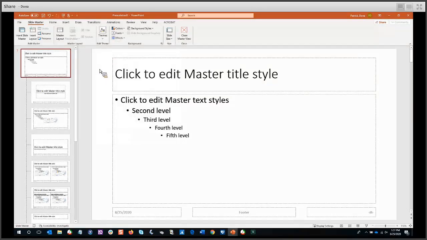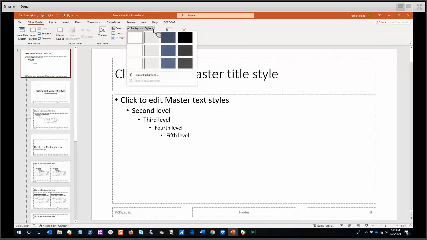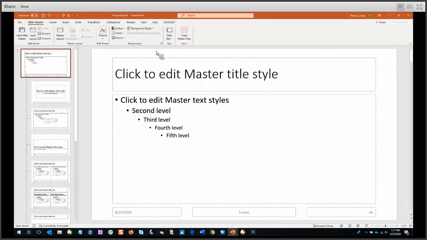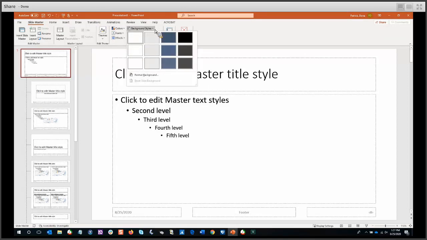Now it doesn't have to look like this. It doesn't have to just be those colors with a white background, because I can go over here and change the background style. Now this is in the Background section. Background Styles, you've got a few styles that you can choose from. I would suggest one of the top styles up here, and what's really cool about this, and this is why I really recommend using Background Styles, is that the font